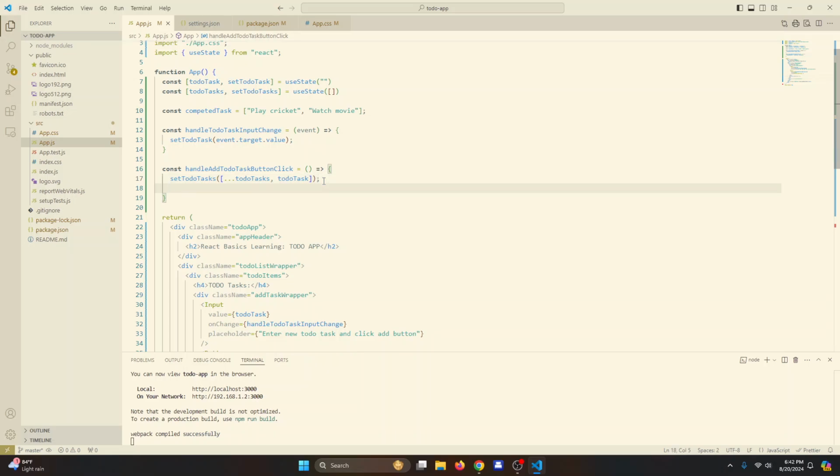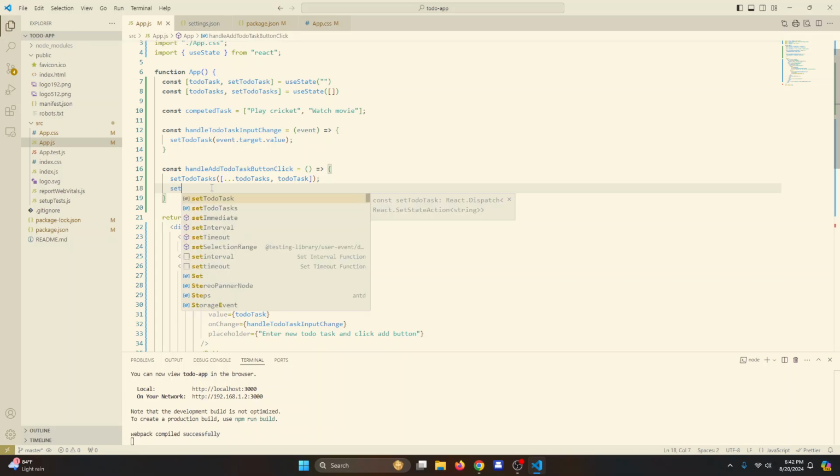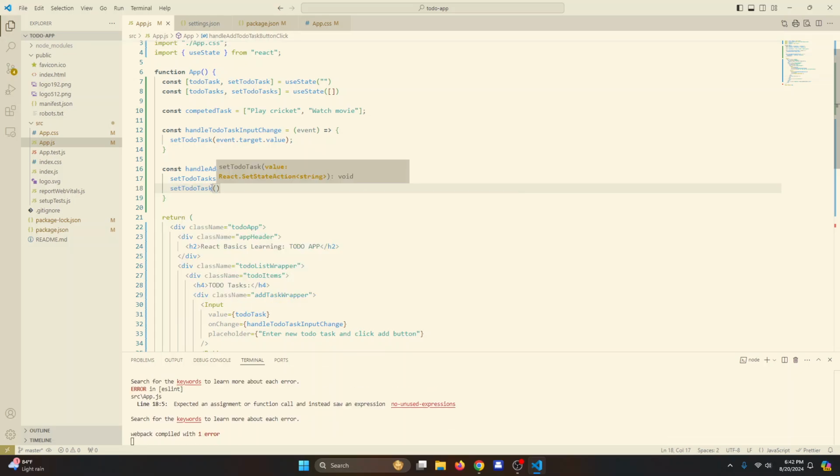The next thing that we can do is we can reset the state for this toDoTask, because once you add it, we don't want to use the same data again. We will be adding a new task, so for that it will just reset once. If we reset it in the input, you won't see this existing data that you entered. So in this case, let's do setToDoTask to empty string,